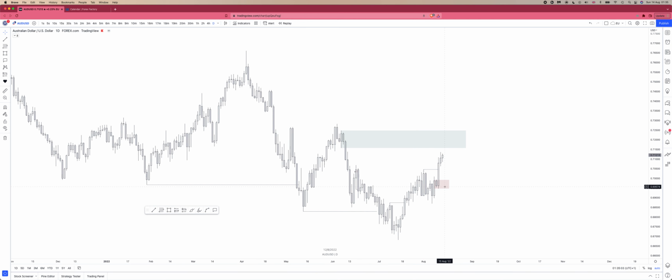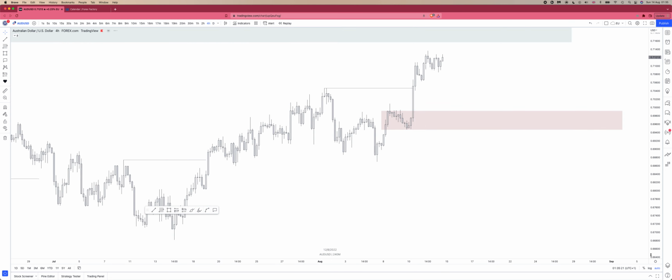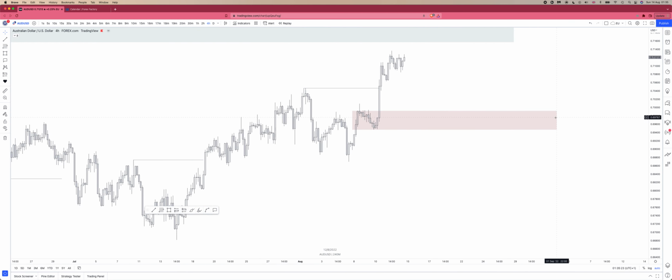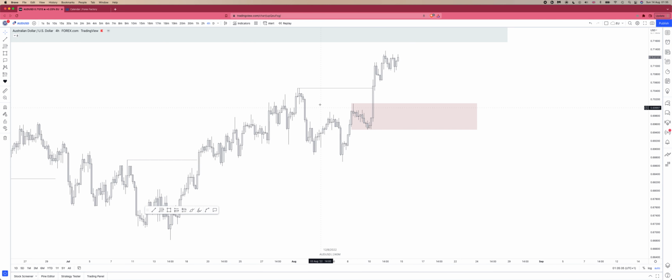So we could expect price to pull back into something here on the daily before pushing up. We may not respect this, but as you can see, we could tap into there, tap and go up, or tap here and then go down. But I don't really trade AU. This is the range that I would look for price to get back into. Obviously we have this low at the extreme, but currently this is the